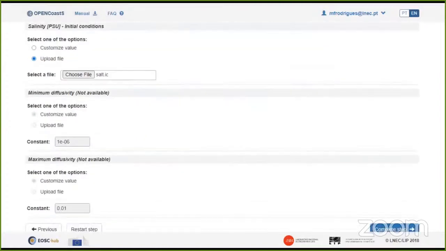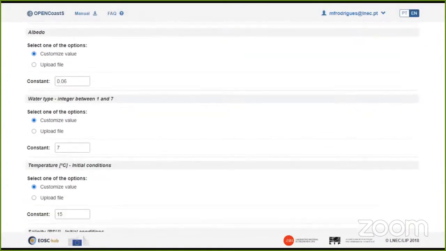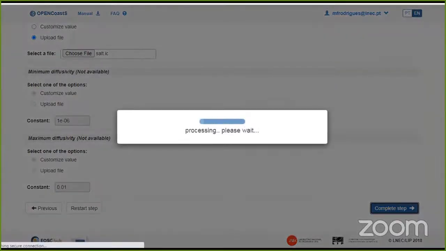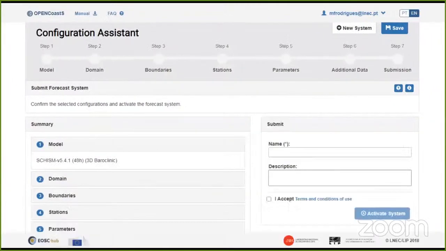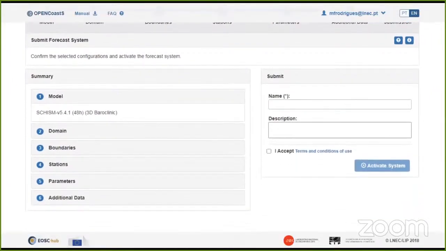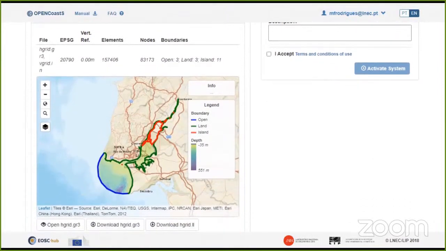Okay, so with this we can complete step 6, and we are now proceeding to step 7. And in step 7 we can review our forecast, the 7 steps. So we can see here the domain.